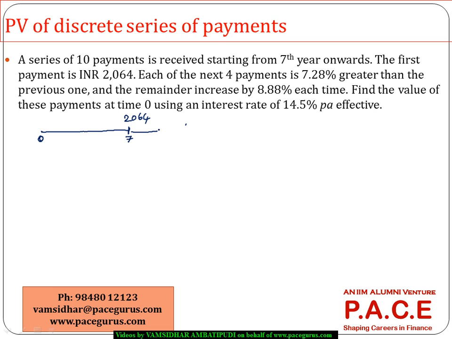Each of the next payments is 7.28% greater than the previous one. So 2064 into 1 plus 7.28%. The next again 2064 into 1 plus 7.28% squared. Similarly, one more year 2064 into 1 plus 7.28% cube, and finally